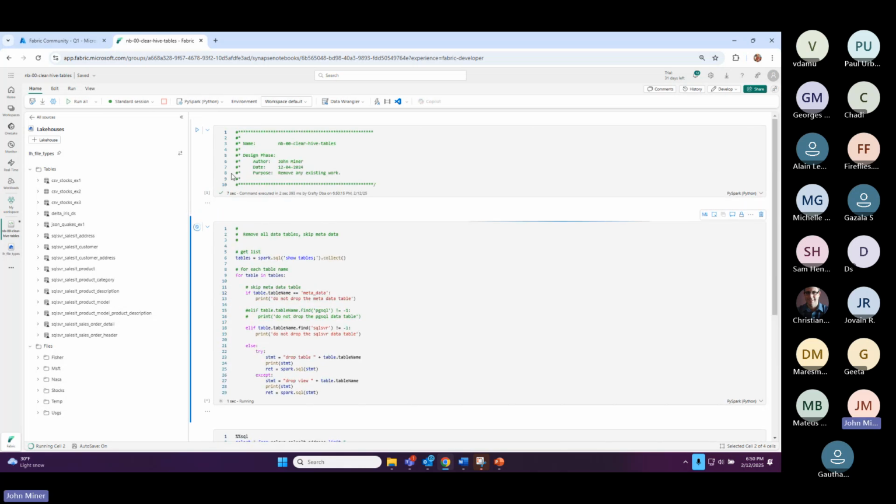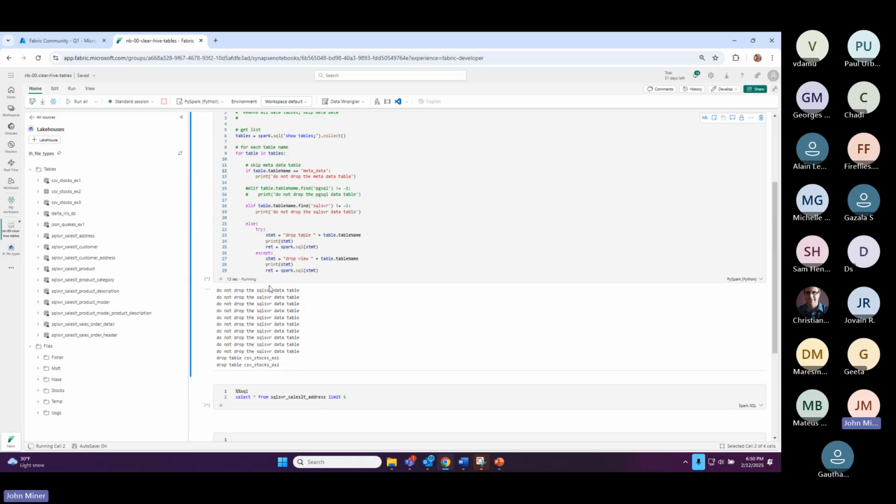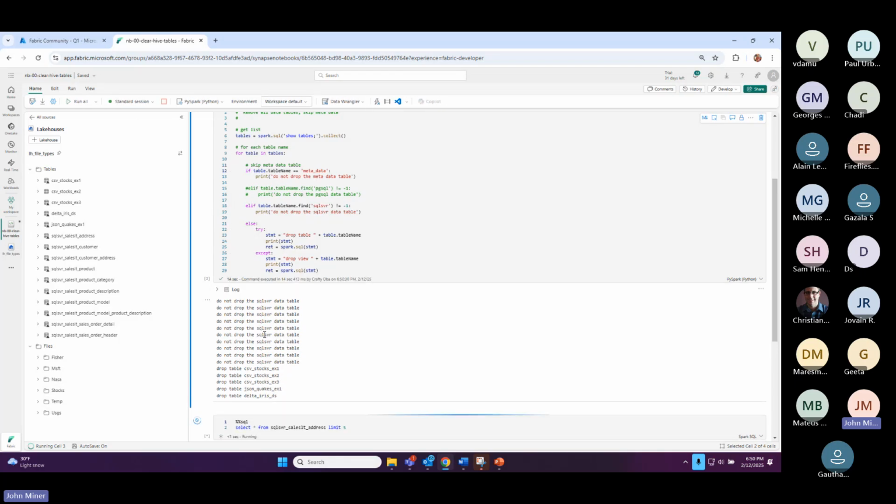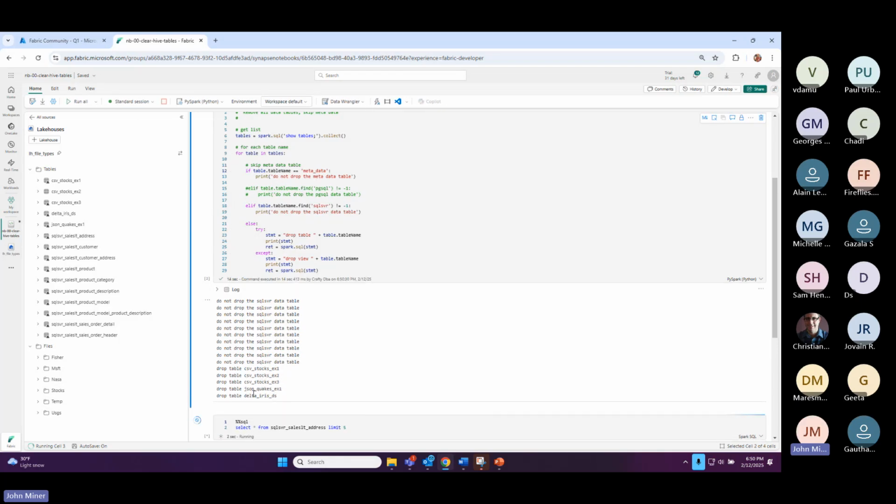You can see it. We could have done Markdown. There's different types of things you can do in notebooks. And right now, this is going to go through, and it's running, and it's thinking about it. Okay. So now it's saying do not drop because it must be all those, and it's dropping the CSV, the